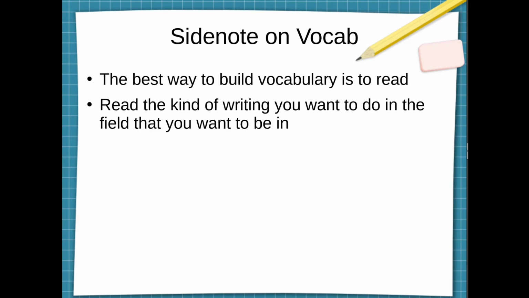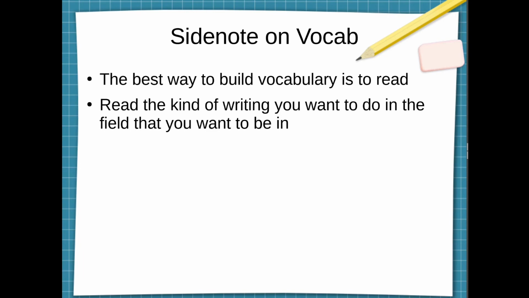Brief side note on vocabulary. The best way for you to build your vocabulary in your field, in whatever you want to write about, is to read things in that field. And when you do, you're going to see the other authors using words that maybe you don't know or maybe you haven't used in that way before.